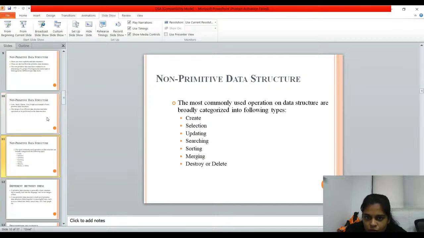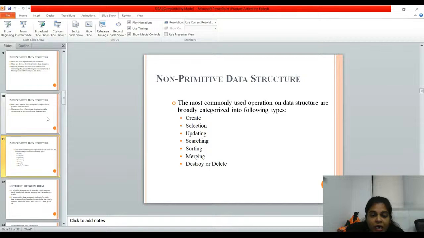So what operations can we perform? Remember this. With the help of primitive data structures, we can perform a limited number of operations, or there are some restrictions to handle the data, to perform operations on the data. But if you're concentrating on non-primitive data structures, then the most commonly used data structures have different types of execution. So many things we can achieve, so many things we can perform with the help of these non-primitive data structures. Like we can create a database, we can perform the selection operation, like data retrieval, which we call